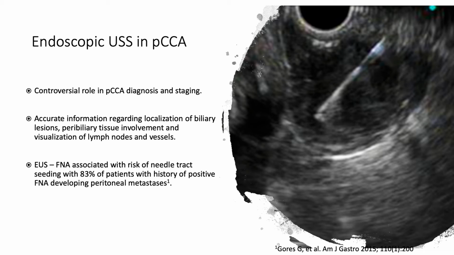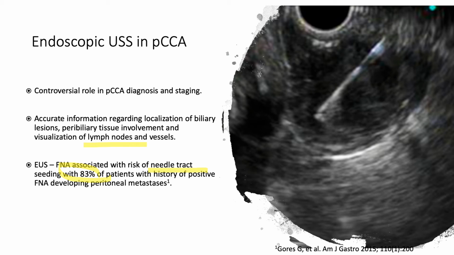So where does endoscopic ultrasound fit? Essentially, it is there for staging the tumour in a more distant role, not confirming the diagnosis, as an FNA of the perihilar tumour is associated with a risk of needle tract seeding. In this series from the Mayo Clinic, 83% of patients with a history of a positive FNA developed peritoneal metastases following transplantation. So its role is really to look at visualization of regional lymph nodes and/or assessment of